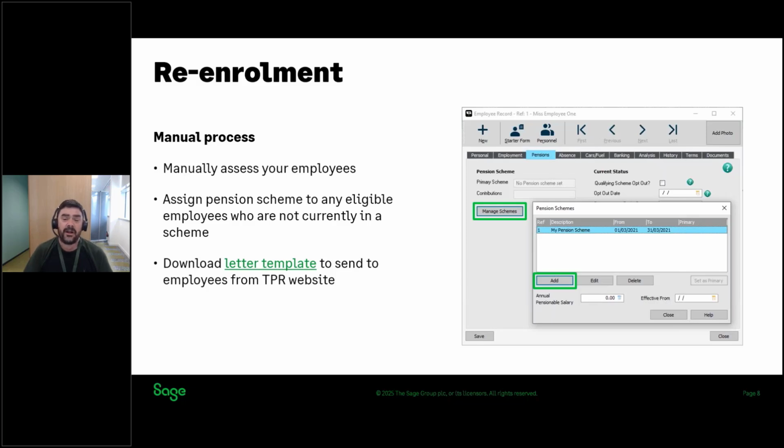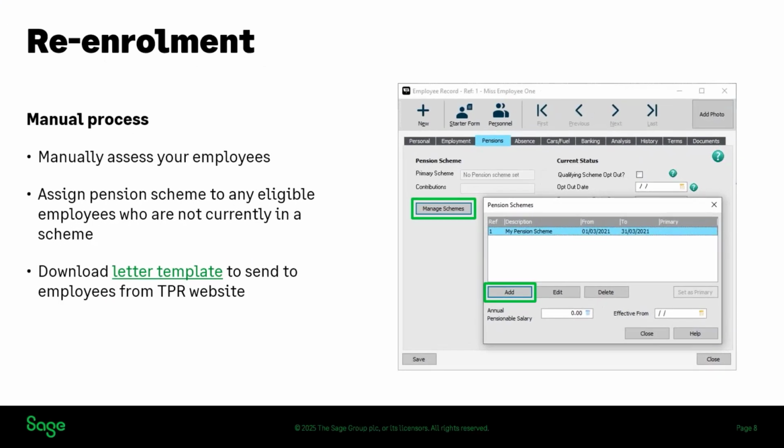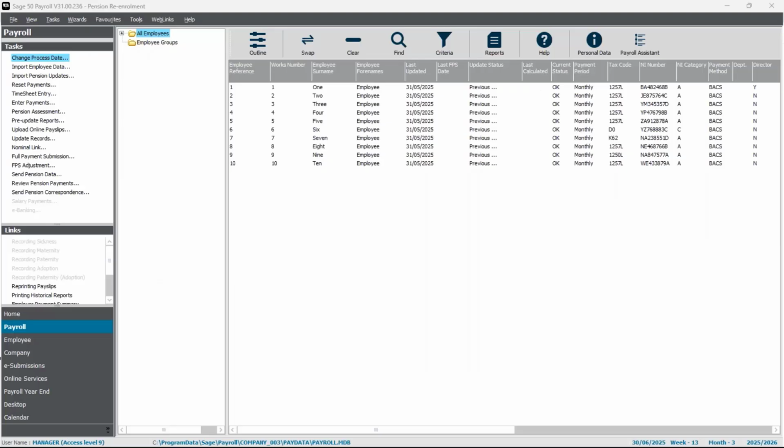Now, let's take a quick look at that manual process in a demo. So I'm just going to bring these slides down, and we're going to jump into Sage Payroll. Now, first of all, if you want to check the criteria for an employee to be eligible, you'll find the